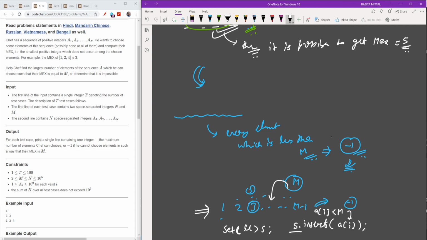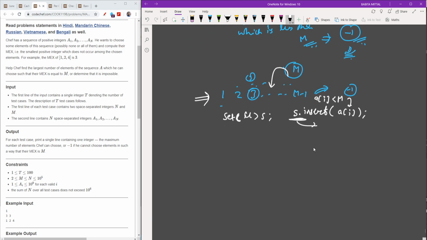Then I will check the set size, s.size(), which should be equal to m-1, because if m is 3, then I should have 1 and 2, which means up till m-1, so its size should be m-1.